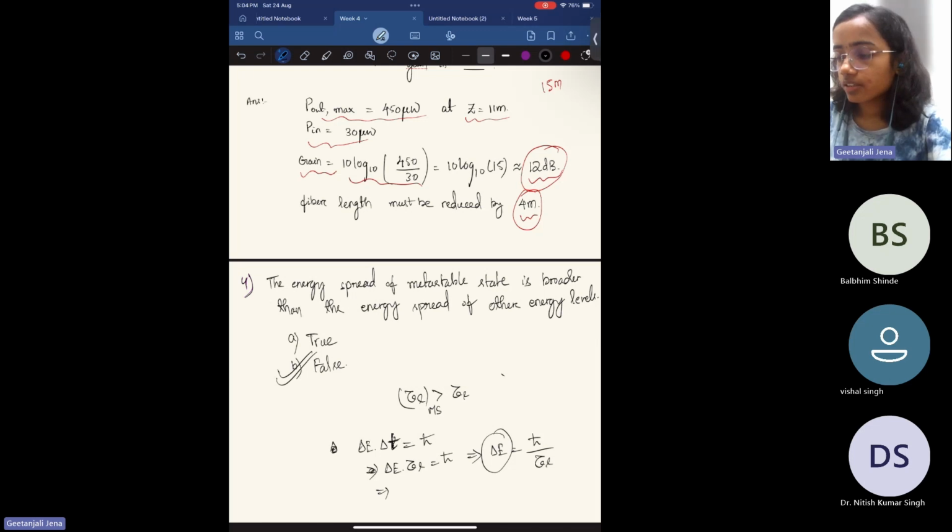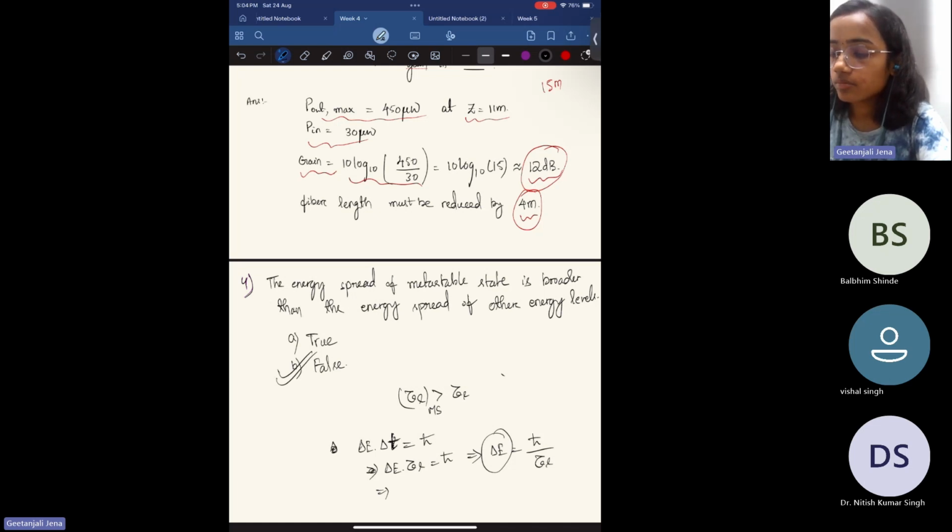So in week 5, we basically study the different types of optical resonator. We have studied the pump, and we have studied the gain medium. Now we'll see what kind of optical resonator we can use in a laser system. As you recall, the laser system has three components.